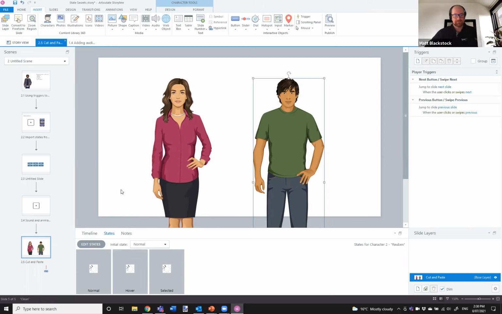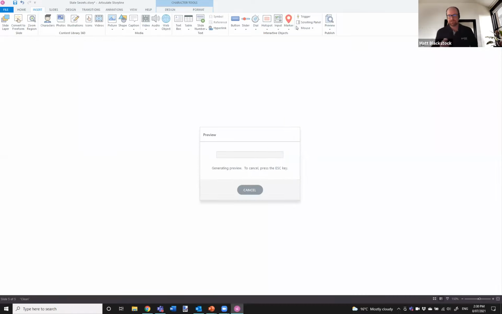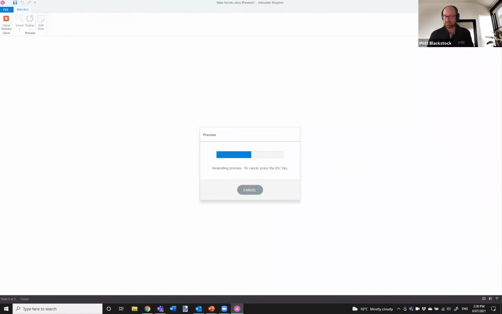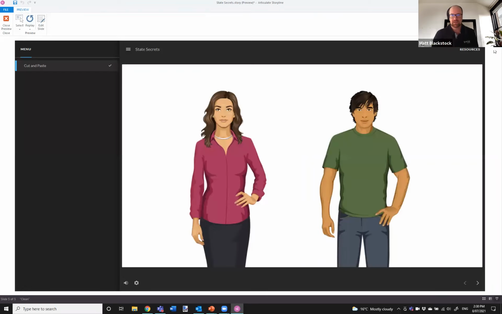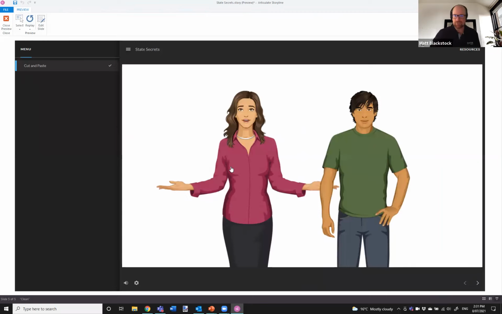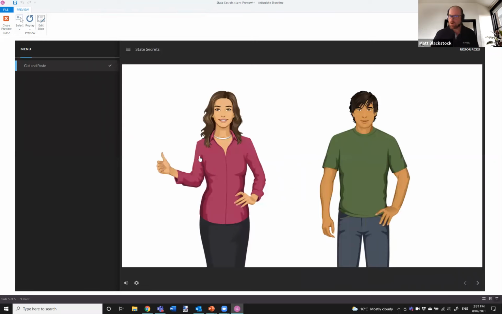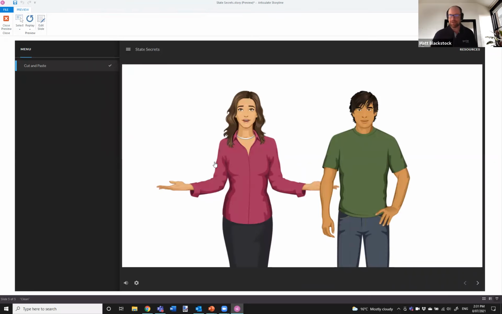So when it comes in, okay. Now, let me show you the difference between these two characters. And again, this is where the magic cut and paste has come into play. Both of them have selected states. So when I click on Lily, she moves to the selected state. But if I hover back over her, see how it kind of jumps to the right? The hover state tries to take over again. All right. Now, there's nothing wrong with that. That is Storyline's default behavior. All right. So the minute I hover over something, it's going to change to the hover state.